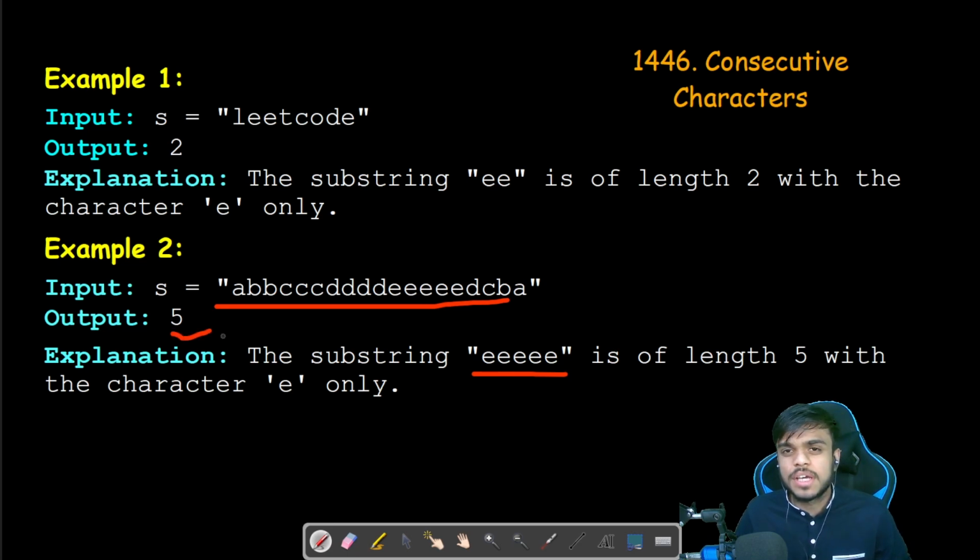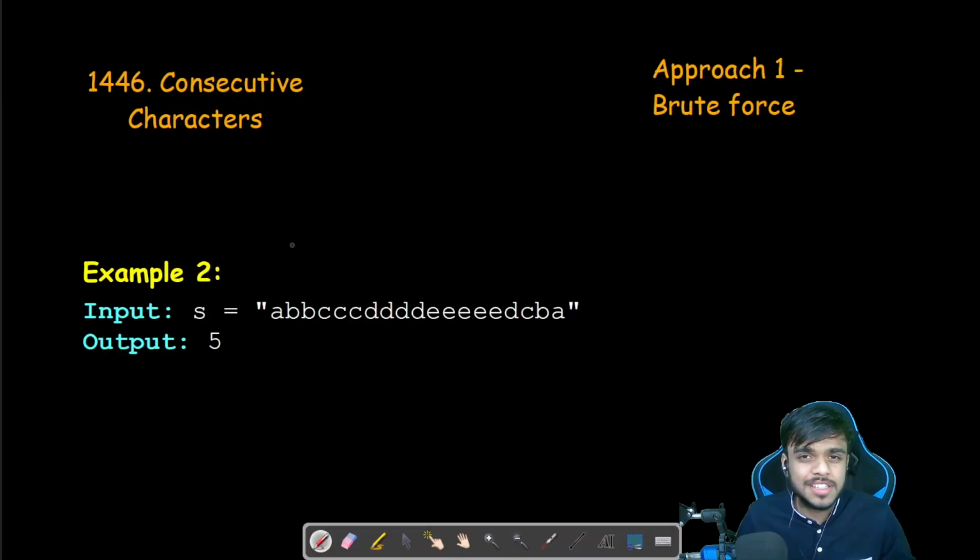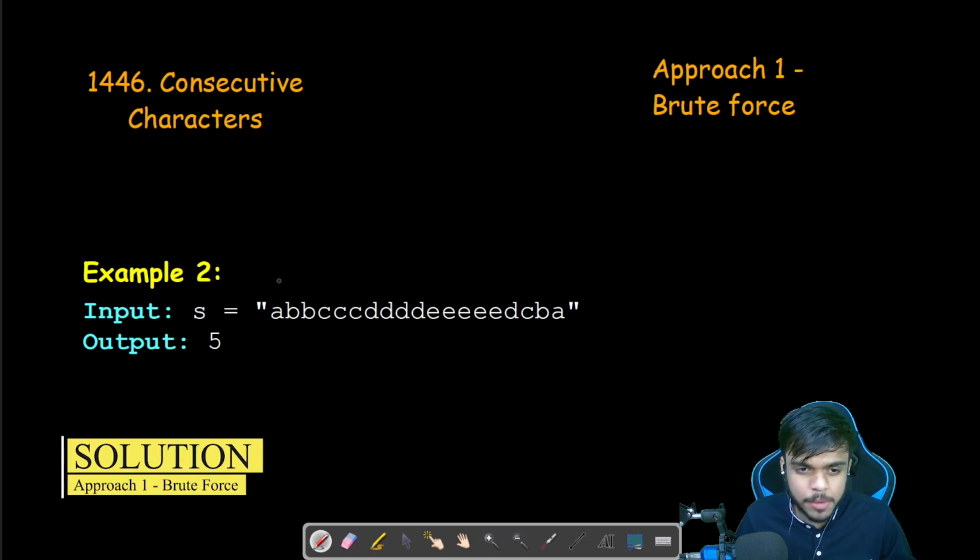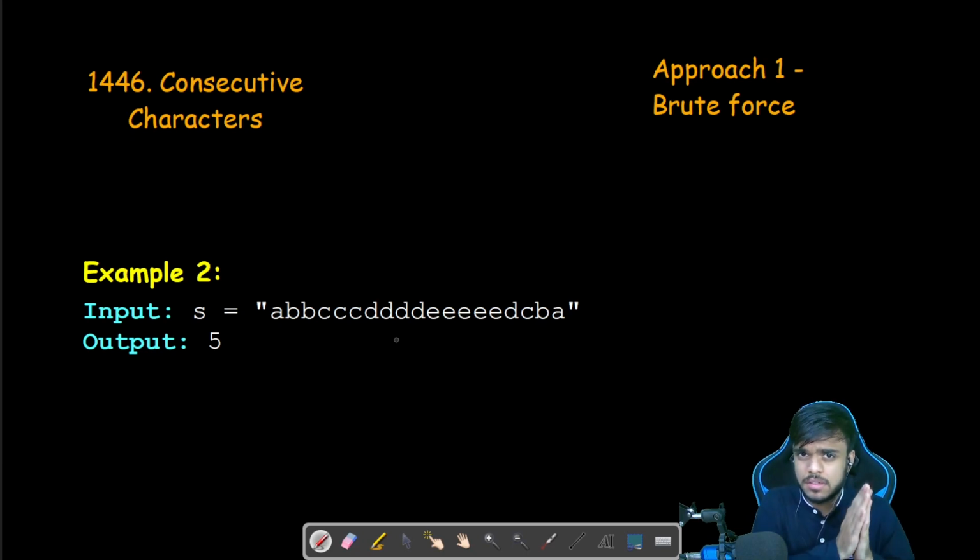Now let us look at how we can approach the solution of the problem. The first thing that comes to mind after reading the problem statement is, what is difficult in that? We will start from every index and go on checking till we reach a different character than what we are currently on. So we will basically get the length of the substring for every character till we have a non-repeating character.